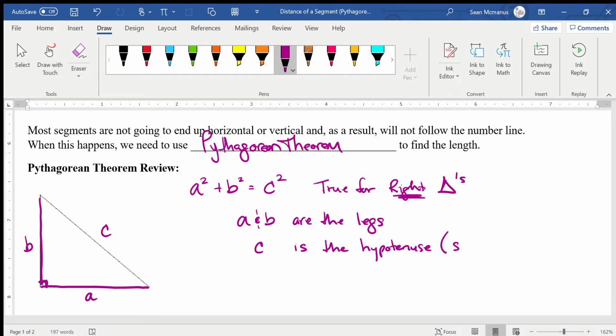The hypotenuse is the side across from the 90-degree angle. Right, so if I look across from my 90-degree angle, there's my C, that's my hypotenuse. So it doesn't matter which one you call A and B, but the C must be the long side, the longest side across from the 90. All right, so,